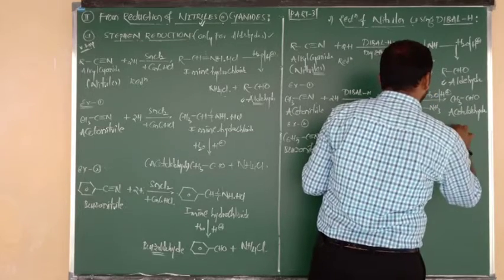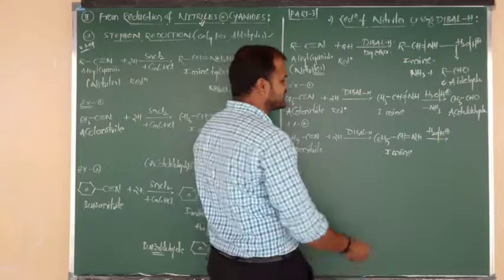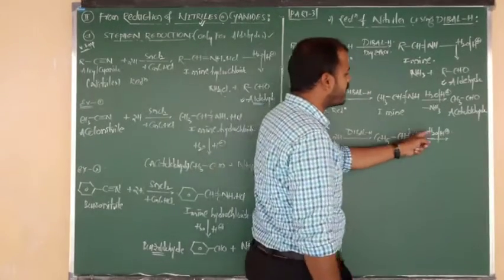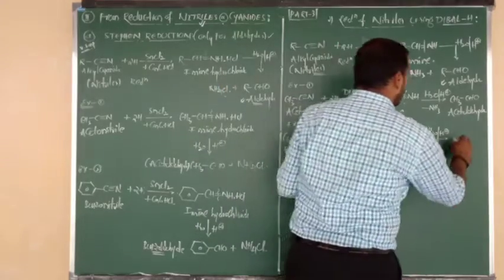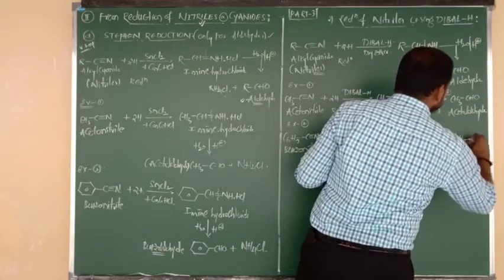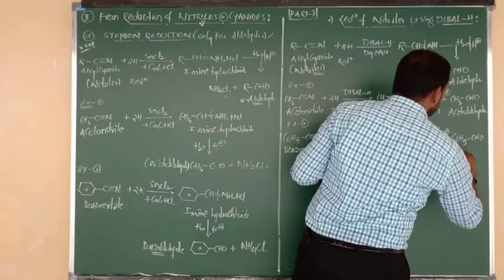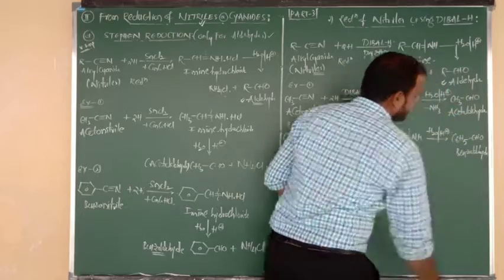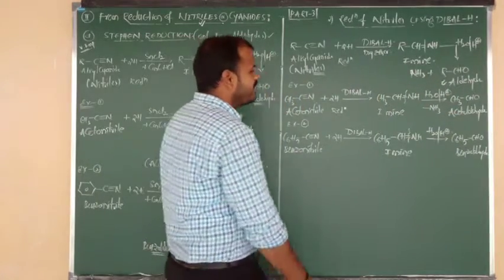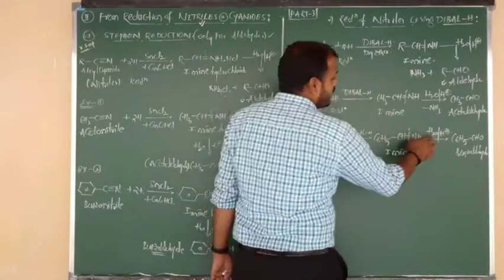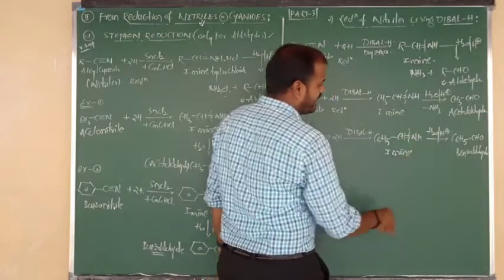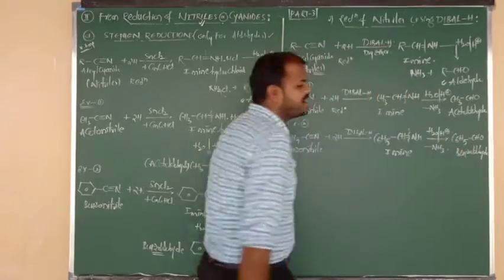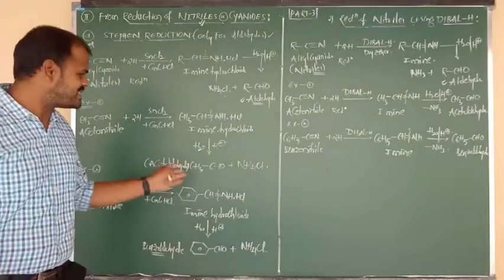Hydrolysis takes place in which medium? Acidic medium. Upon hydrolysis, bond cleavage takes place, that is nothing but the double bond. After cleavage of the double bond, oxygen attachment takes place from the water molecule. So what is the name of this product? C6H5 bonded to CHO. So the name of the compound is called what? Benzaldehyde. I hope you understand. Good. So listen carefully. Here oxygen is given to CH, it changes into aldehyde; the remaining 2 hydrogens and 1 hydrogen along with nitrogen, that means the eliminated gas is nothing but ammonia. Same reaction.